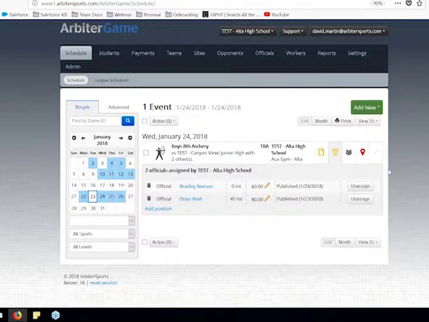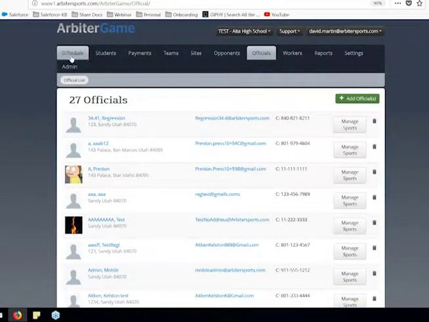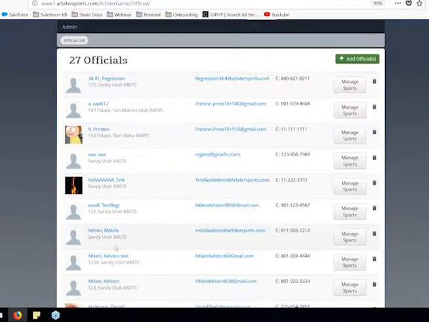Yep. You'll also see where in our officials section over to the right hand side, there's a section that says manage sports. We want to make sure we tell them which sport that they can actually officiate for. So if we want to say that they're baseball or individuals, we would then click on done managing sports, and that'll help you to make sure that they appear. So we go through, that's our meet.